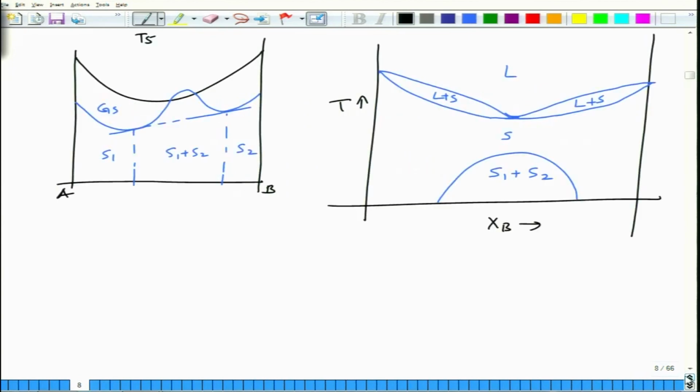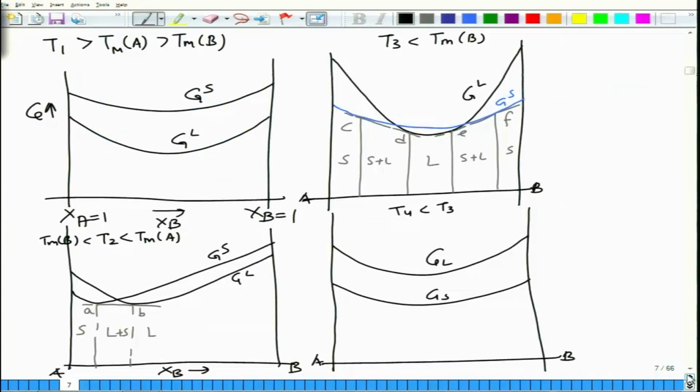So if you go back to this slide, we looked at various temperatures. At higher temperature, the liquid is more stable than solid, and A and B are miscible into each other. At slightly lower temperature, the first solid forms and a solid and liquid region is there: you have solid below A, liquid plus solid between A and B, and above B you have liquid. Now when you lower the temperature further, T3 lower than the melting point of B, what you obtain is